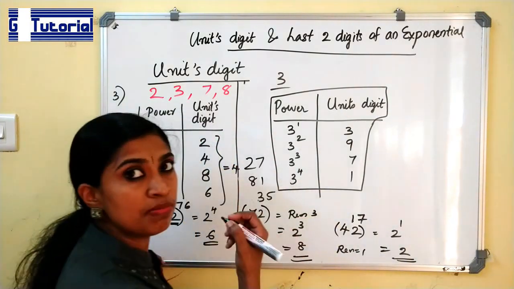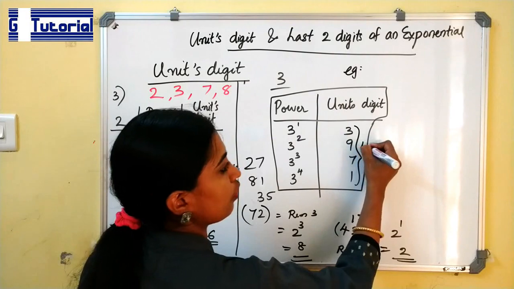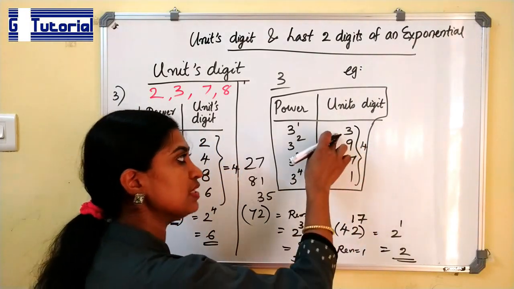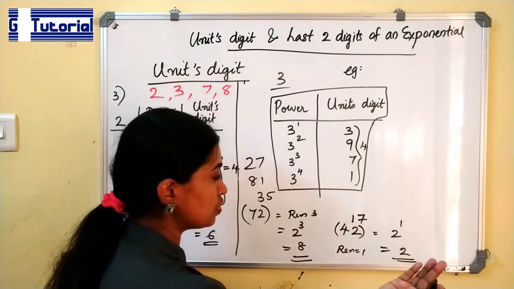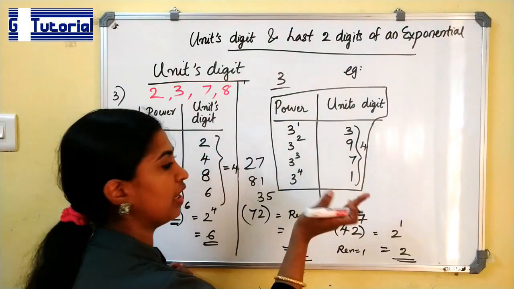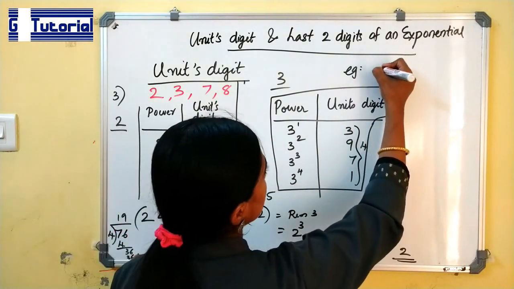Now let us take some examples. Here also the cyclicity is 4. After 3 raised to 4, 3 raised to 5. The ending digit of 3 raised to 5 is 3. 3 raised to 6 is 9. Like that. So after this it repeats. So we just need to study only this much. Next is